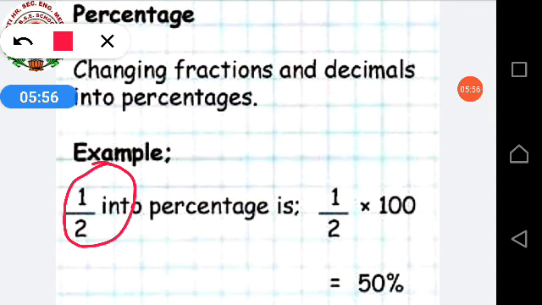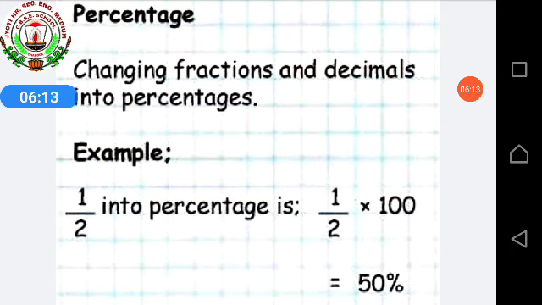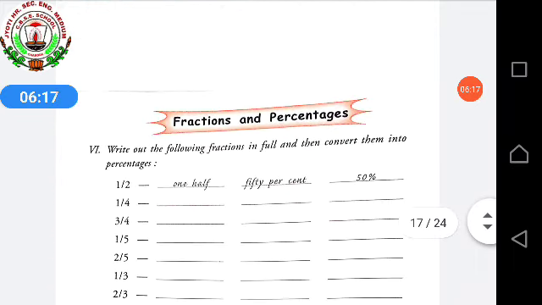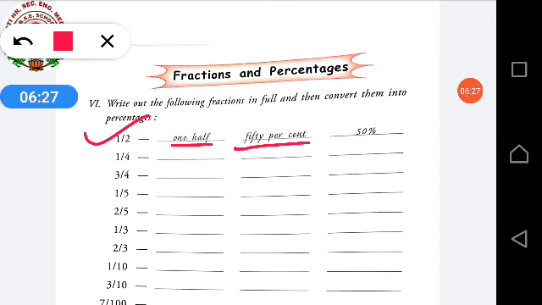But because it is given as a fraction and you have to change it into percentage, that's why you have to multiply this fraction into 100. When you multiply this 1 by 2 into 100, then you will get the percentage as 50%. Okay? In the same way, now you people have to calculate all these. The first one is already given to you, that I have explained just now: 1 by 2 is 1/2, that means 50%, and then you'll be writing it down in figure.